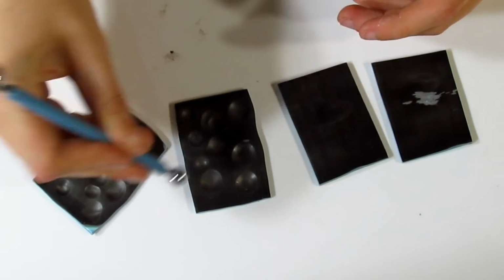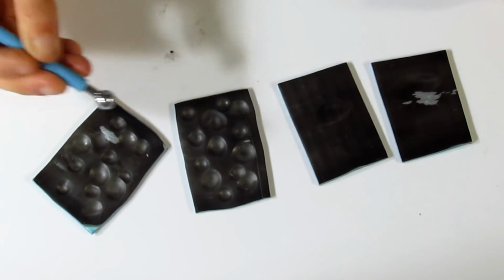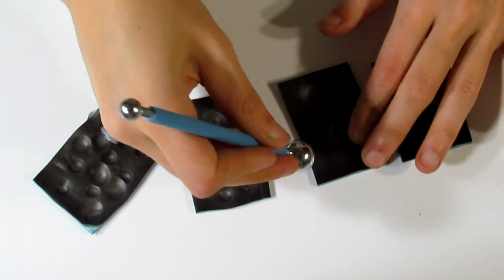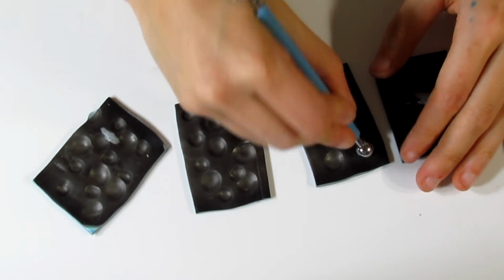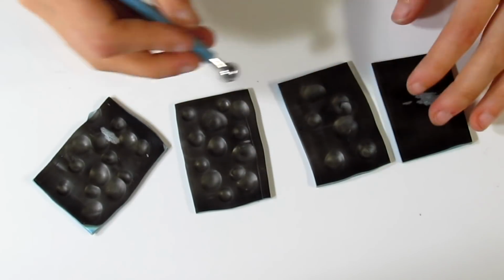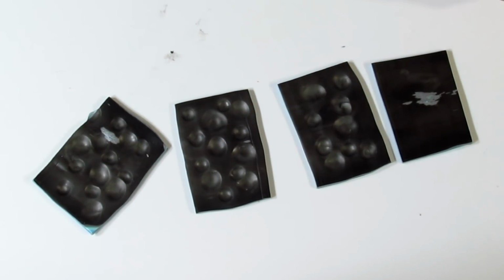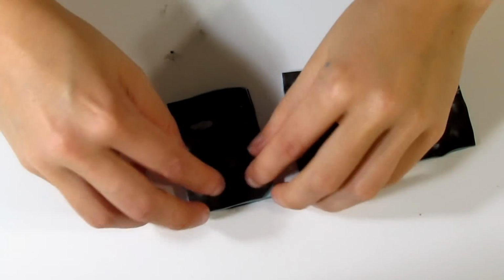So you can use your knuckles to do this, but it can hurt after a little while, especially if you're working with harder clays like this. So use a ball tool, it will work much better. And don't worry about keeping the ball tool around, you can move it around and that will create some nice effects. Okay, now that we've done that, I'm going to stack the layer,